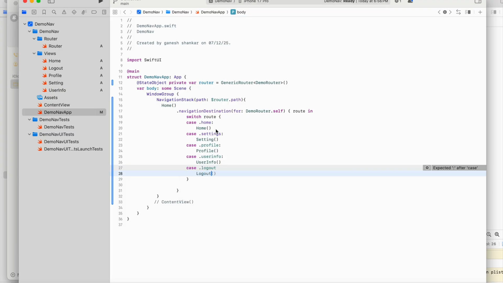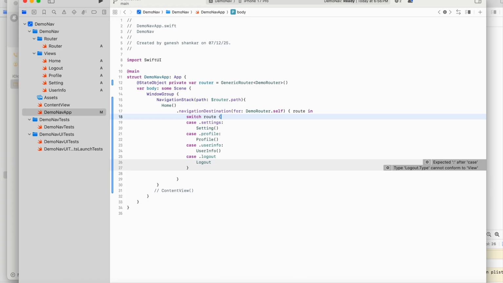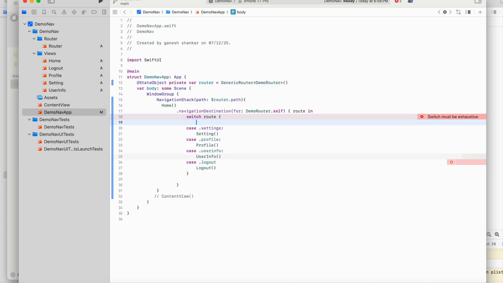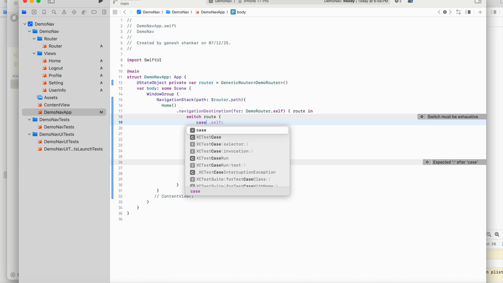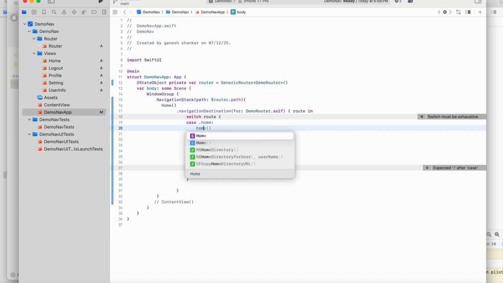Logout. We will remove this. Okay. We will have it. Okay. Case dot home,